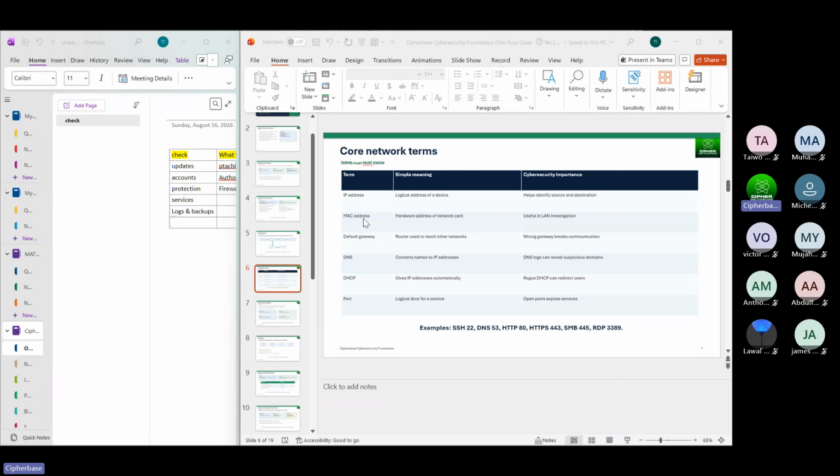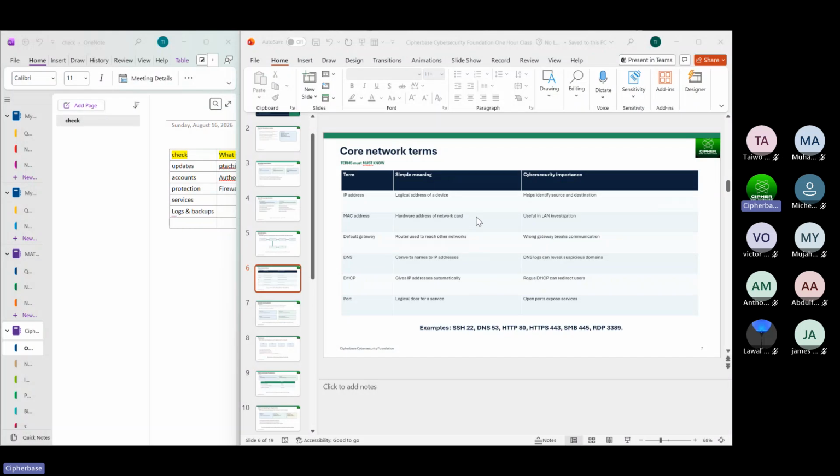Here we talk about MAC address. Under this MAC address, we must make sure that everything here is used correctly at these terms. For example, if they hire you as a network person in security, you can't just be calling this one maybe a number, you must use appropriate terms to qualify them. So under this MAC address, this is what your computer and my computer use to communicate to one another. I put here, hardware address